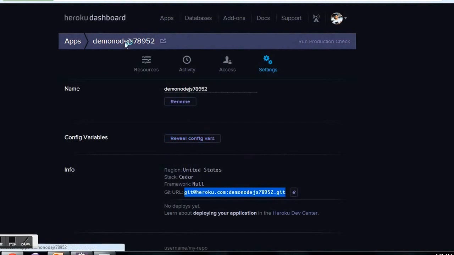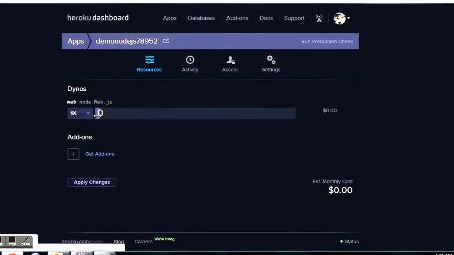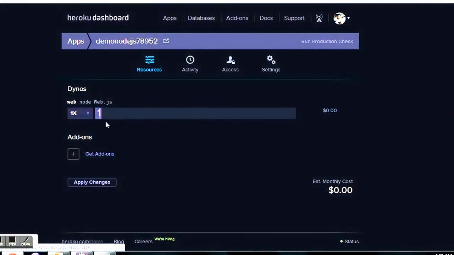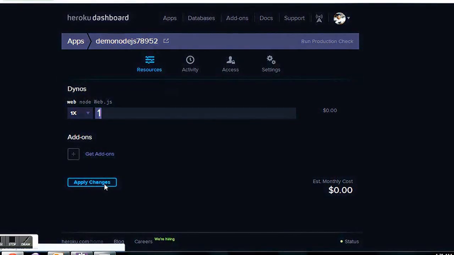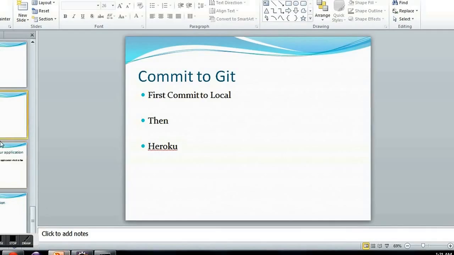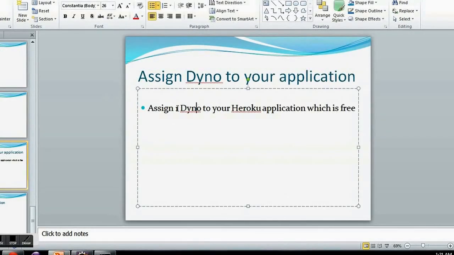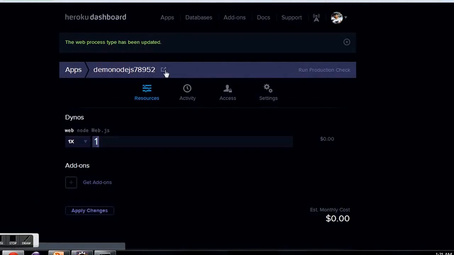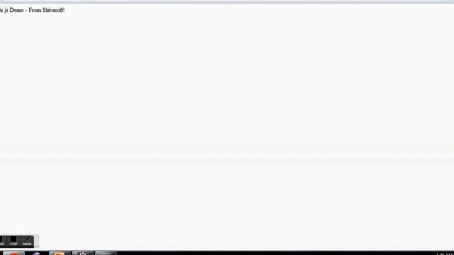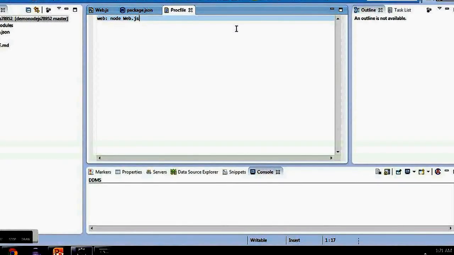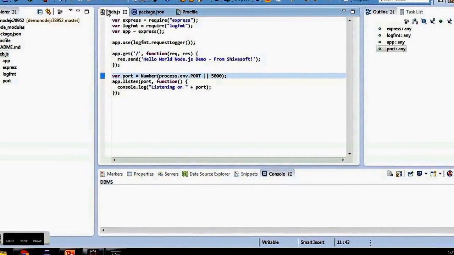So let's go on Heroku now and refresh the page. And now this is a dyno, very important. For our demo purpose, we can select one dyno, but if you need more dynos, then you have to pay Heroku. So let's go with one dyno. Basically a dyno is like a lightweight container. Let's say your application is huge, so you will need lots of dynos so that there will be no performance impact. If we check our application here, we got our message.